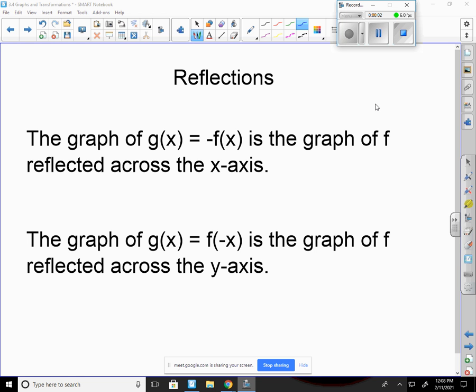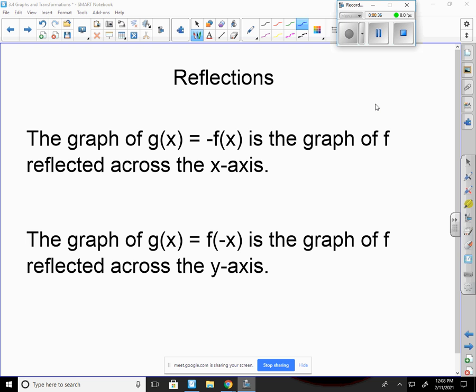All right, we're going to pick up with reflections now. The graph of g of x equals negative f of x is the graph of f reflected across the x-axis. The graph of g of x equals f of negative x is the graph reflected across the y-axis. The difference between these two things is one has the negative out in front and one has the negative inside